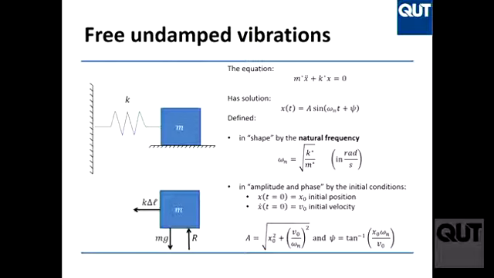Is it clear? Kind of. It doesn't need to be super clear till now. Omega n, we'll see it next time. It's very important in forced vibration because that's the natural frequency. I can already spoil a bit of the next lecture. When you force a system with a force that has a frequency which is the same as the natural frequency, that system will vibrate a lot. Big amplitude. Okay? We'll talk about it next time, otherwise it's going to be too much.